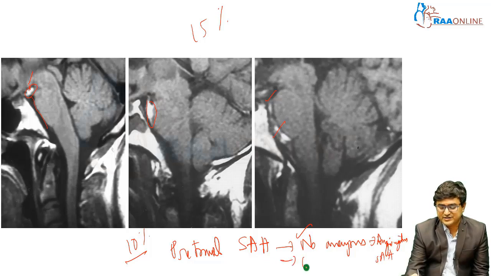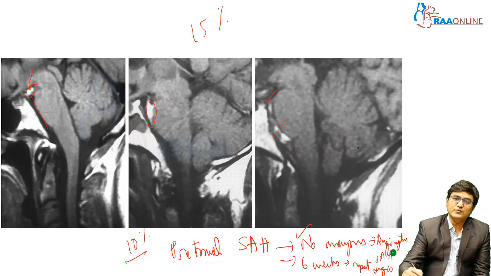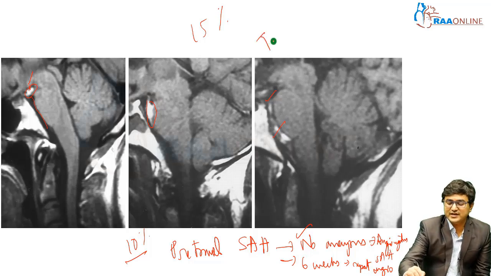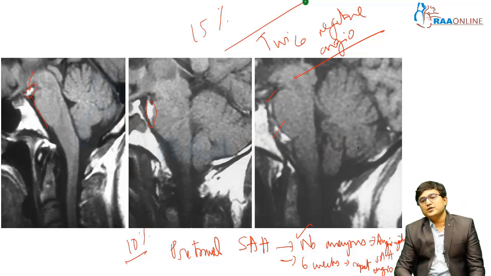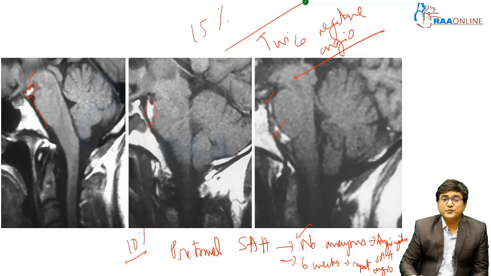ask them to come back after 6 weeks, and repeat the angio, and once the angio is twice negative, you call them definitely angionegative SAH. So, you will need to do angiogram twice in these patients, 6 weeks apart, and confirm that there is no aneurysm. The cause for these pretruncal SAH is relatively unknown, but there are some veins which could have bled and